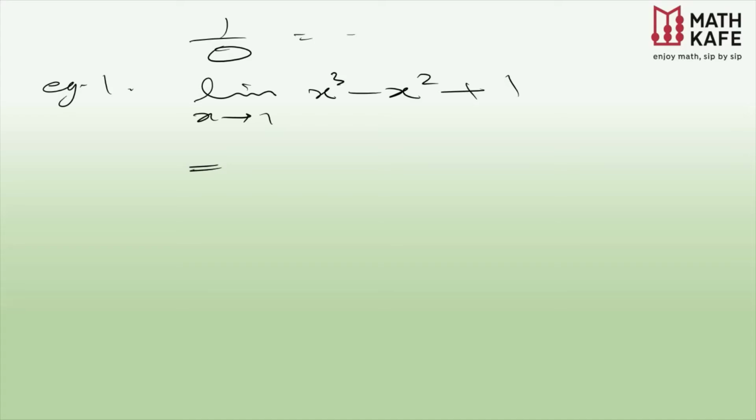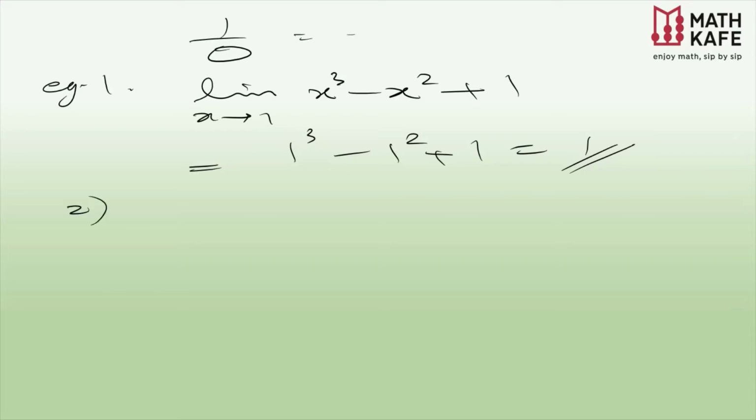Let us consider some simple examples. Example 1 is limit x tends to 1, x cube minus x square plus 1. As you see here, there is no denominator, and this value is always going to be finite. So straightforward, you can apply the value. This is 1 cube minus 1 square plus 1. And here again, this function takes the value as x approaches 1. So this is 1 minus 1 plus 1. The value is 1. Don't consider this as just plugging in the value of x. This is evaluation of the limit only.